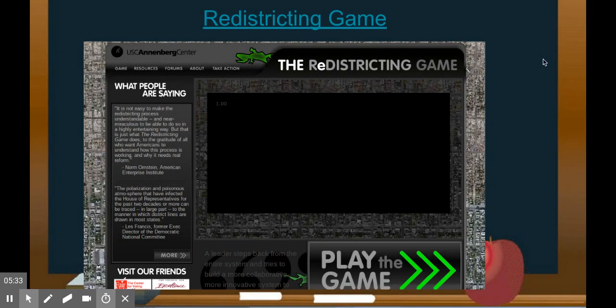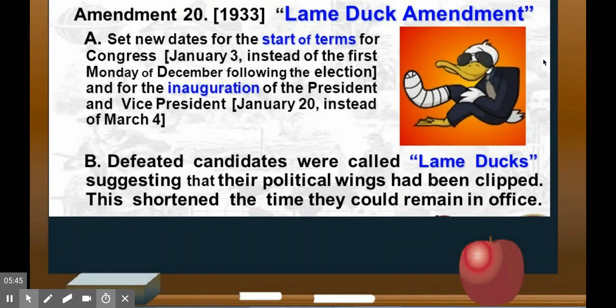But the best way to look at it is to play this redistricting game. It's pretty cool. So that's what we're going to be doing in class. You'll probably have played it already after you watch this. So I'm not going to spend too much time talking about gerrymandering. Let's look at the other ways in which